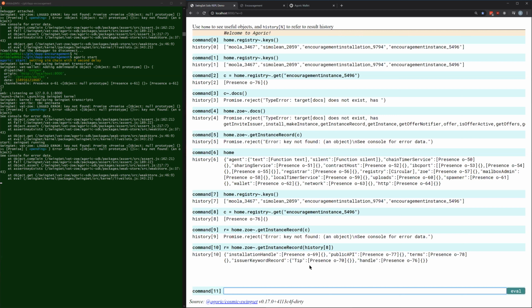Okay, so this is the installation handle. It has the public API object, the terms, and various other elements like, oh, it's got a tip. Those are the keywords to be used. So I can pull out this public API object by grabbing the history, because that is now the resolved object. So this dot public API